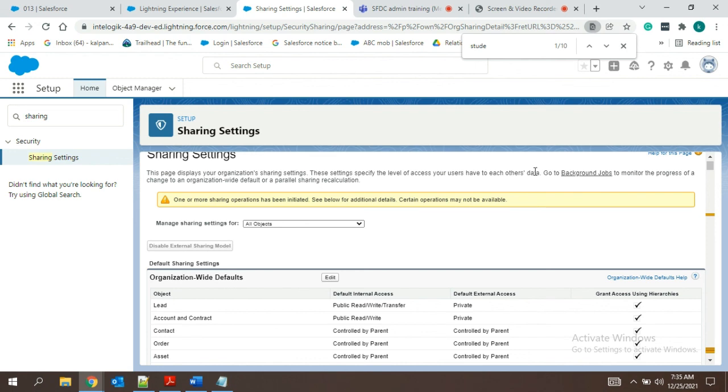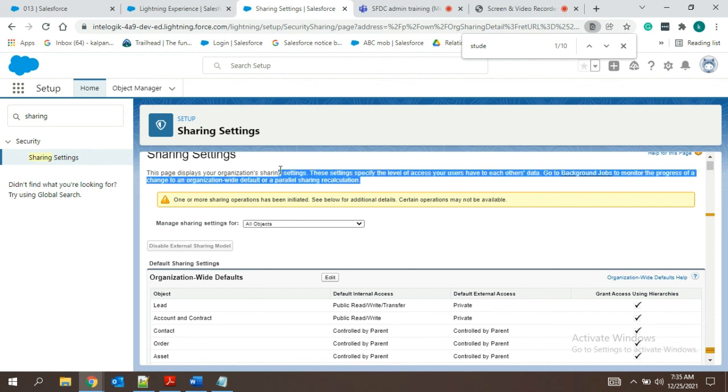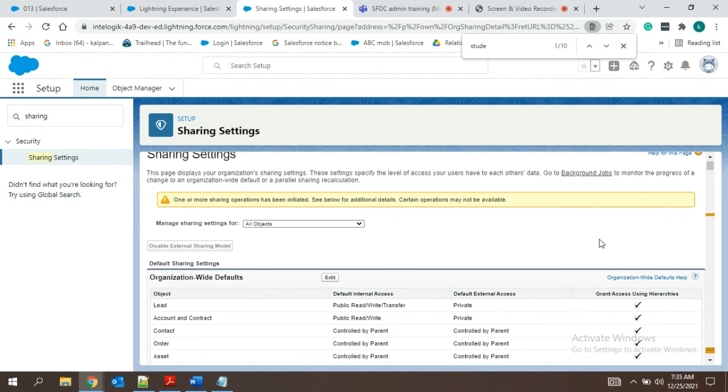So when you're changing the defaults for the organization, obviously it will take more and more time, guys. So no one will ask you to do that in the organization. It is always by default private. When we create the object, it will be read write. So you have to go here and change the permissions to private.